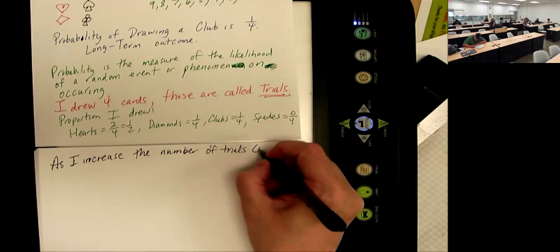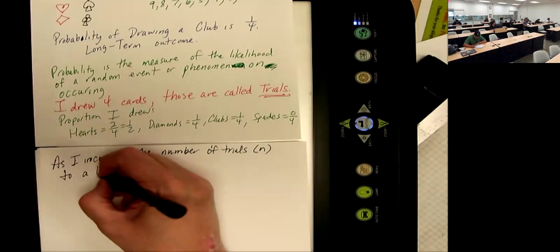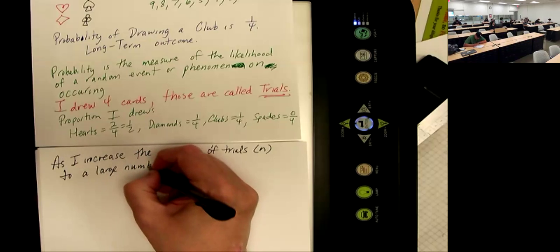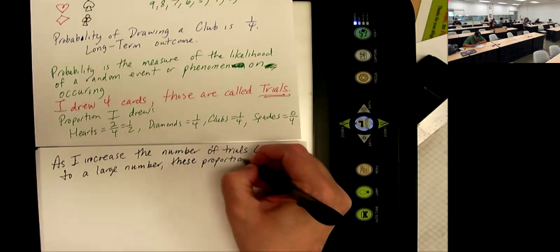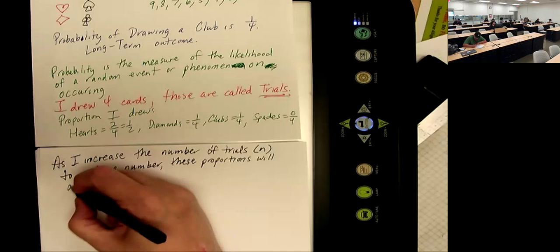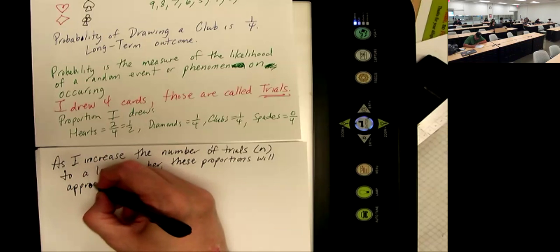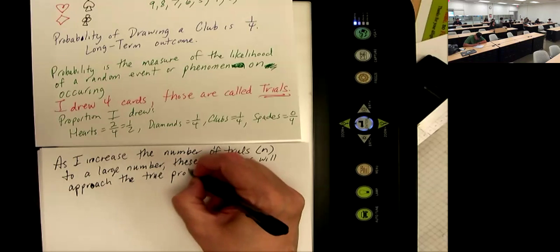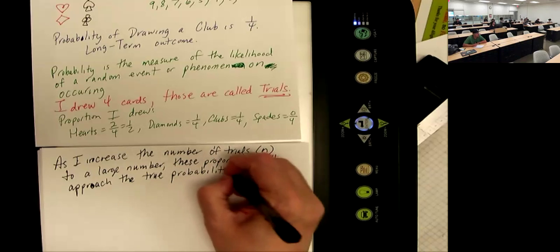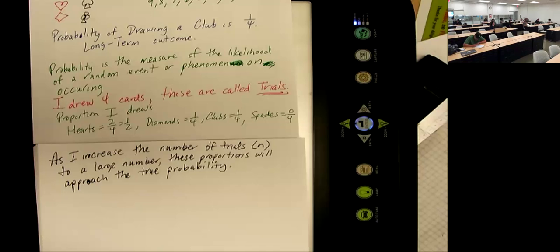We'll say n, number of trials, goes to a large number. These proportions will approach the true probability. So I got 0 spades, but if I draw 100 cards, I'm gonna get around 25 spades. I might get 26, I might get 27. But if I look at a decimal, whatever I get is probably gonna be pretty close to 0.25, which